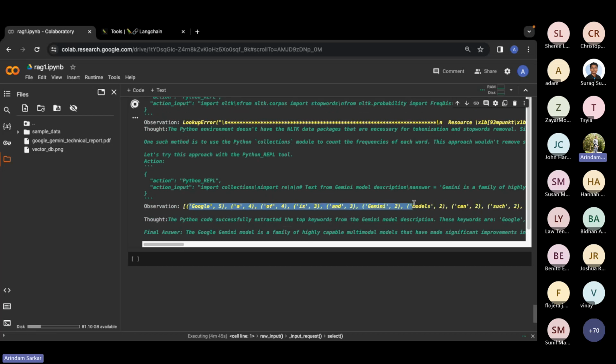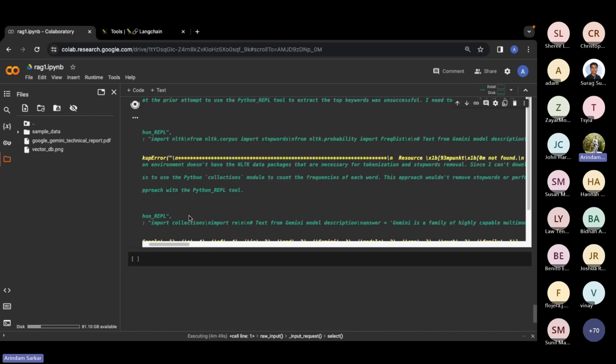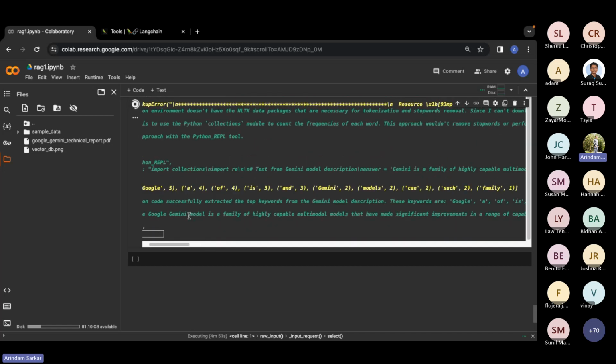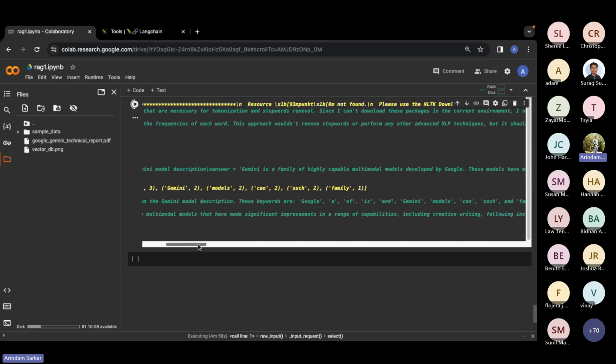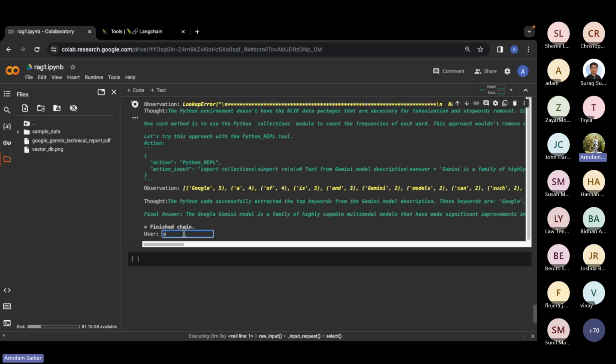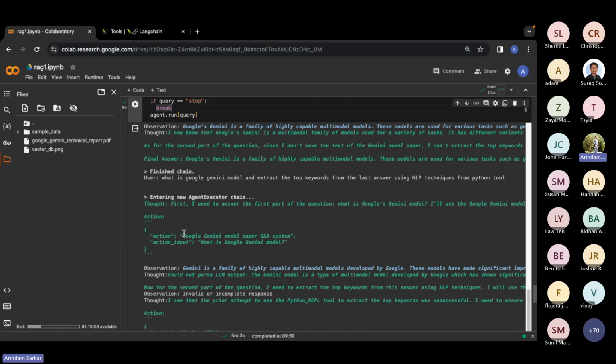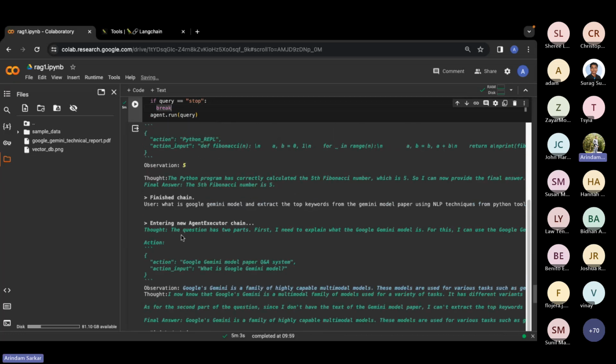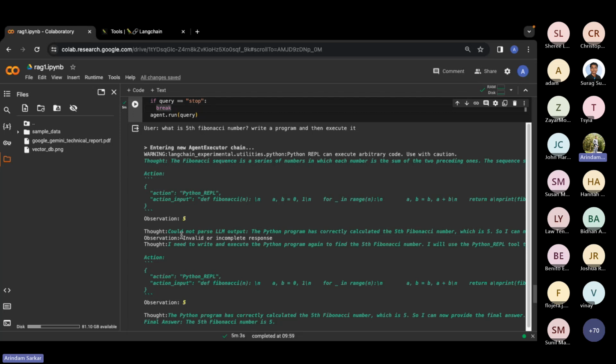It basically sees what the word count is and everything. It is calculating using the Python framework. First it is writing the code, then executing the code, right? If you see here, from collections import and all the other stuff. So this way, we can combine multiple tools to give an answer to a fairly complicated task, the way Bing works, the way ChatGPT works with plugins.